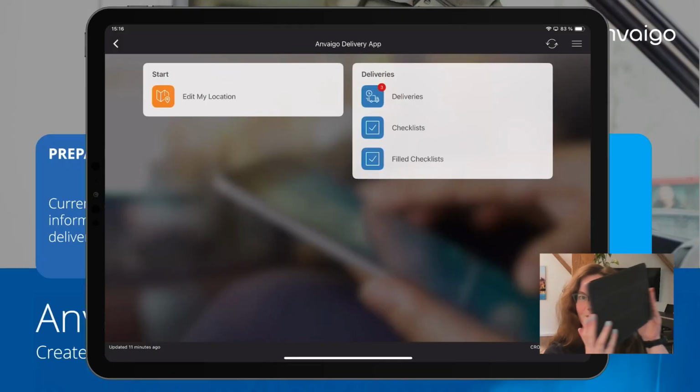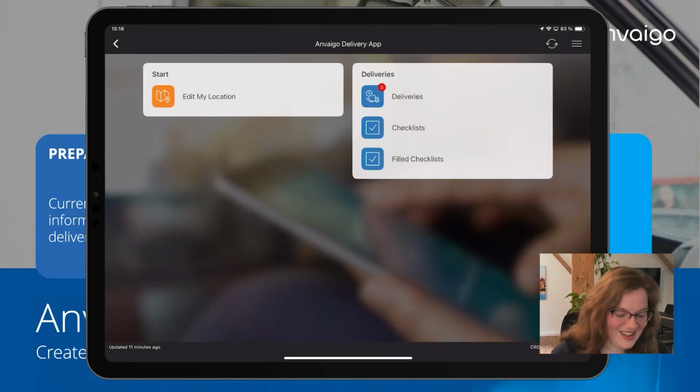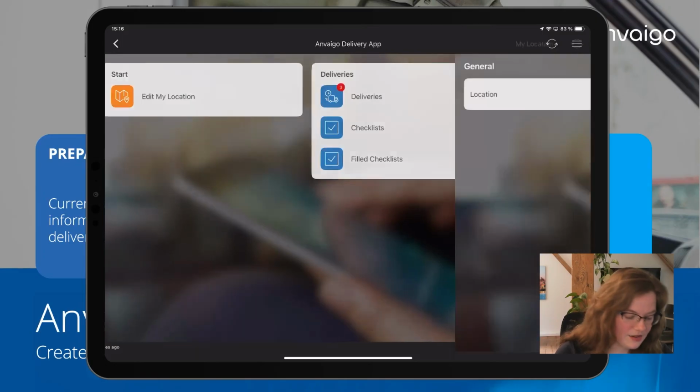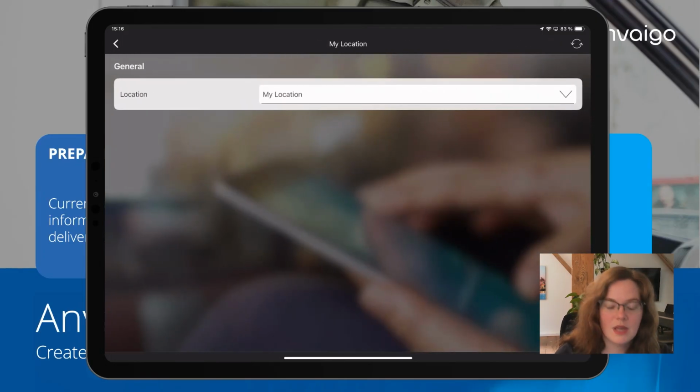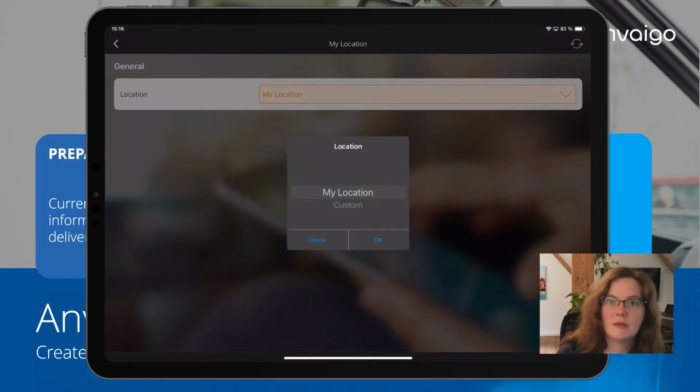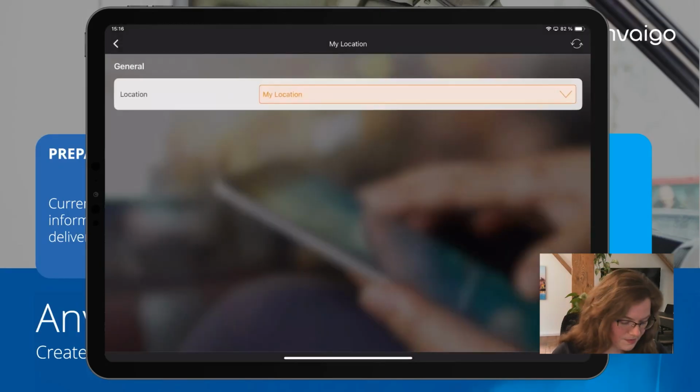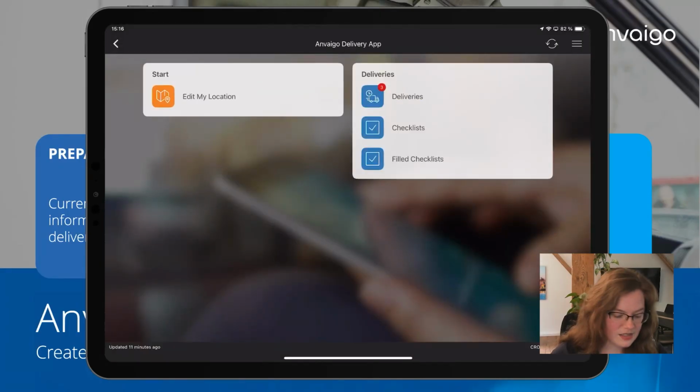So I have my app in front of me today, and from here on I've already logged in. I'm on my main screen and you can see that I've got a couple of bits of information already to start with. So from here I can always go ahead and, for example, edit my location. Maybe I'm not starting in the warehouse, maybe I'm starting on a 2 or 3 day tour, so I can always modify that, as well as I have some checklists going on there and my deliveries themselves. So we're going to start with our deliveries. I'll get back to those checklists a little later.